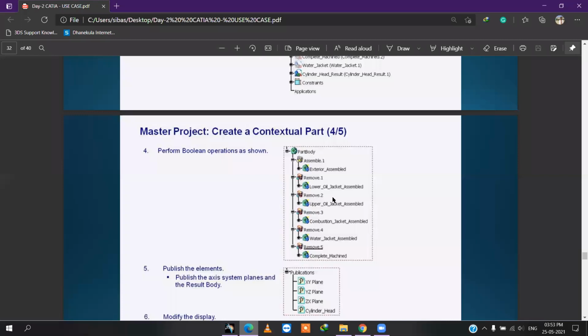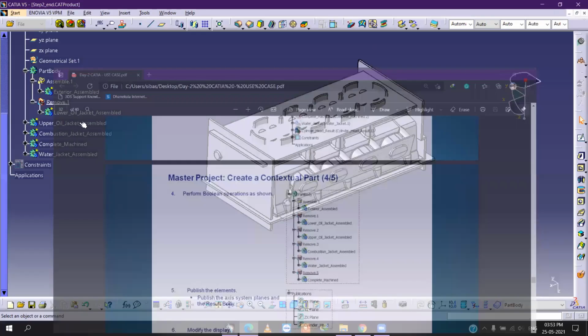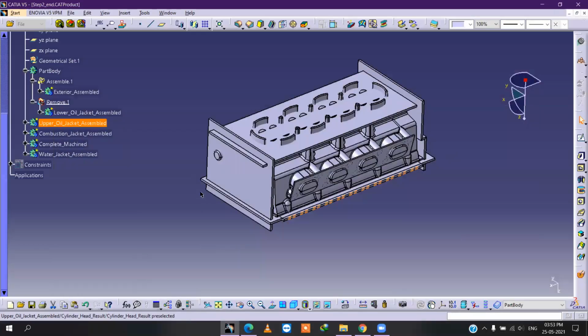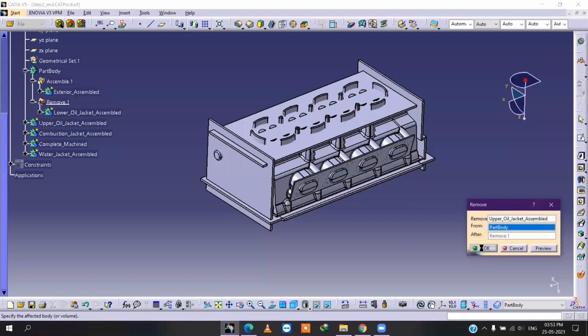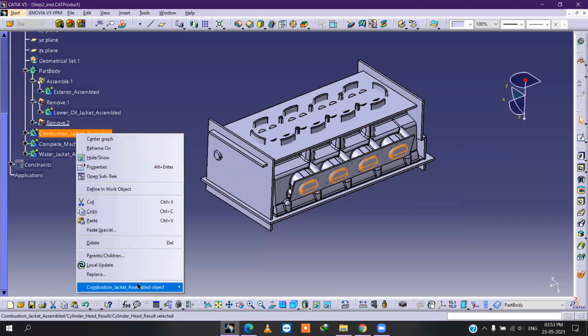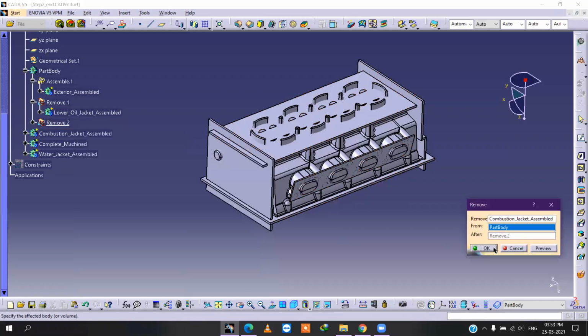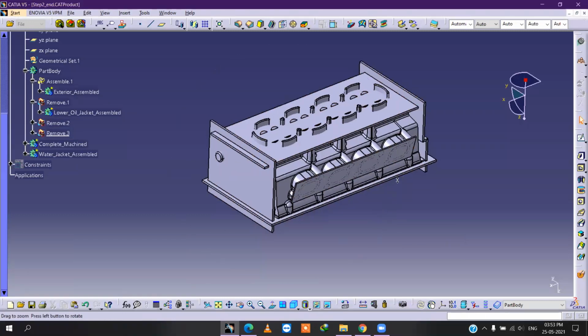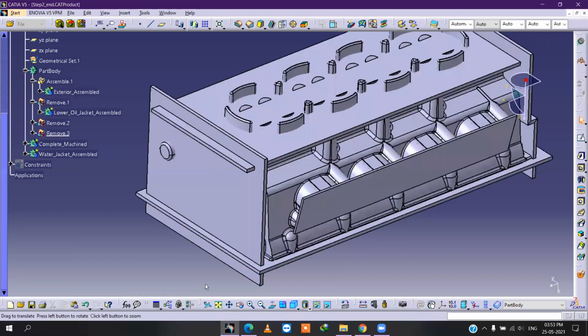After that, again, we have to remove the upper and the combustion jacket also. Upper, this one, remove. Combustion also, right click, Remove from the part body. Okay.